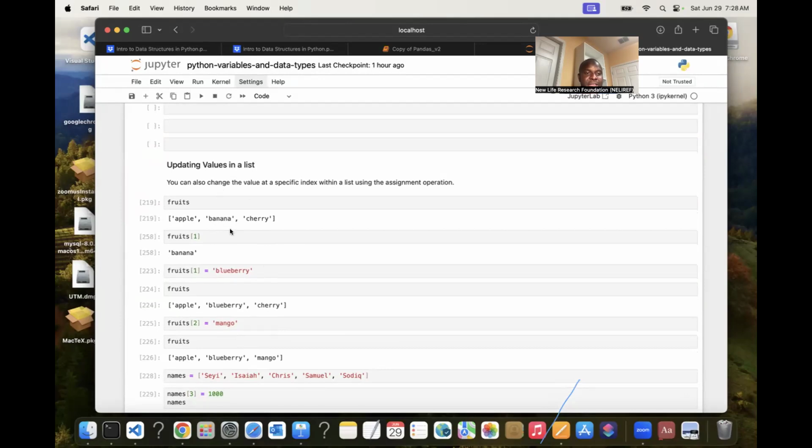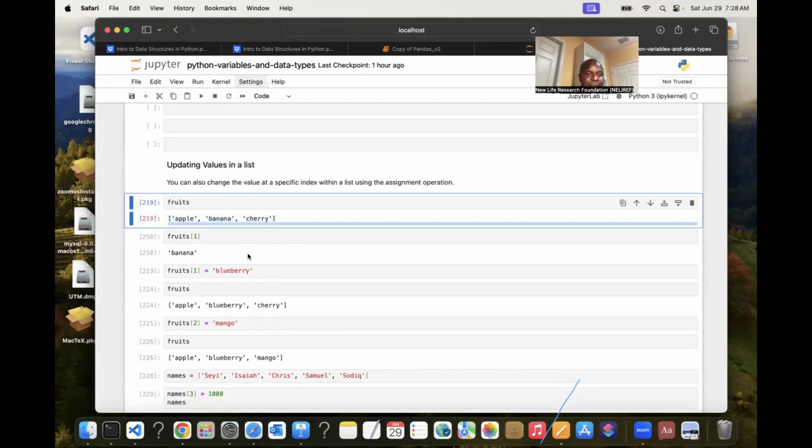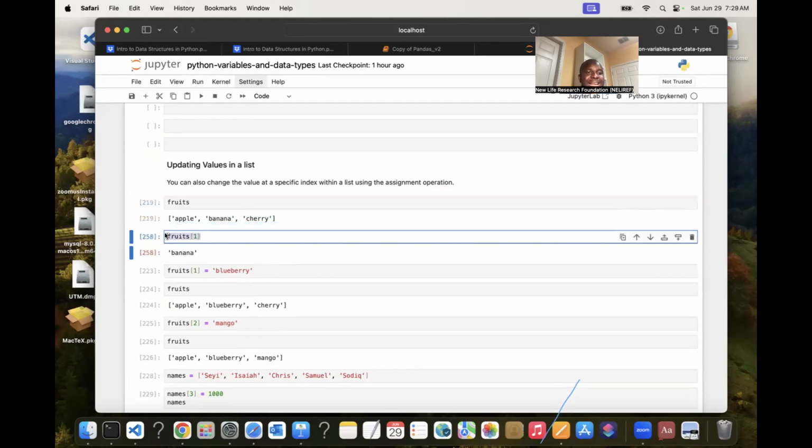It's very important. So you have this list. You printed your first item. You printed your second item here. Your second item is supposed to be what? Banana. Remember your index. Your first index is 0, and then you are printing your second index, which is banana. Your third index,